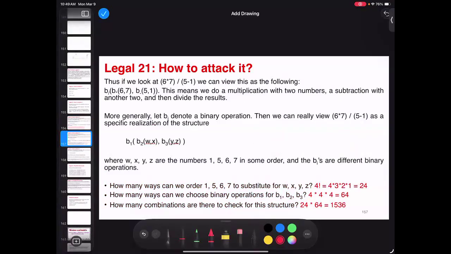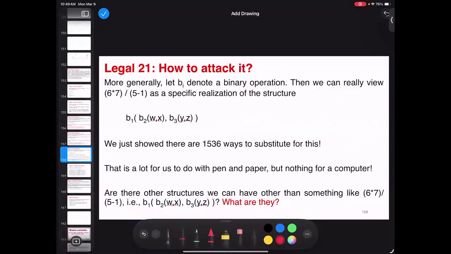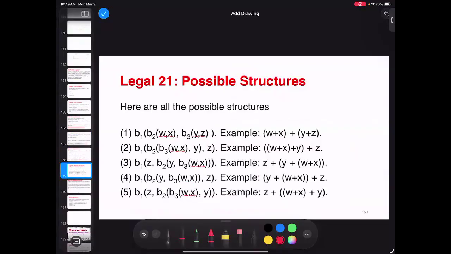So now you can talk to your students about how many different sentence structures there are. It turns out, here's the answer. There's only 5 sentence structures. I can combine W and X, combine Y and Z, and then combine their results. I can combine W and X, and then combine that with Y, and then combine that with Z. I can combine W and X, and then combine that with Y on the left,